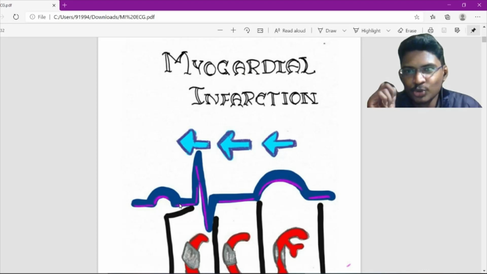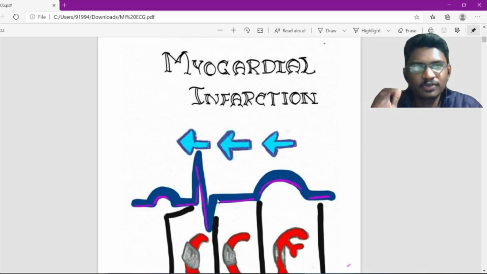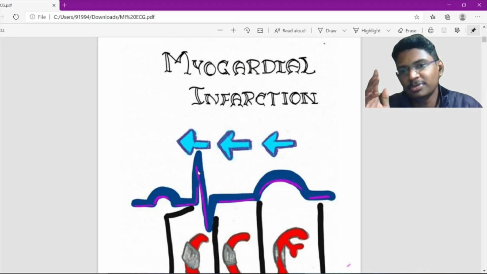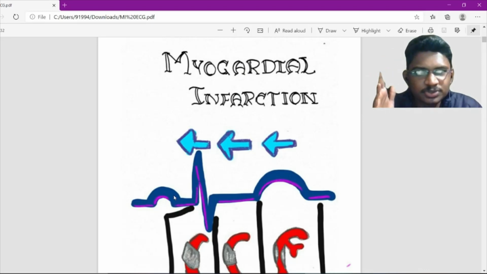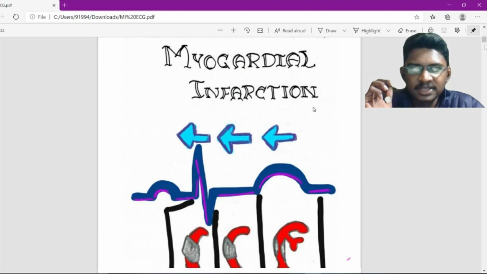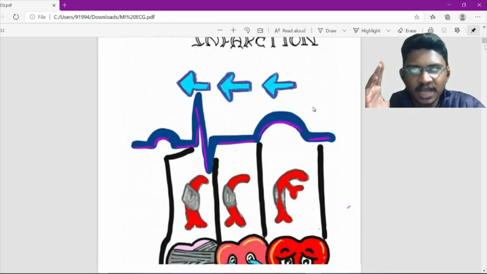So what are the clues? It gives clues in the reverse direction, starting from the T wave changes and ST segment changes. If you don't intervene, then it will be Q wave change, and if you don't intervene at that time also, that results in death.